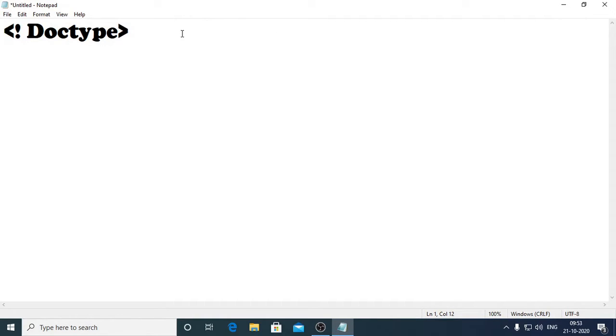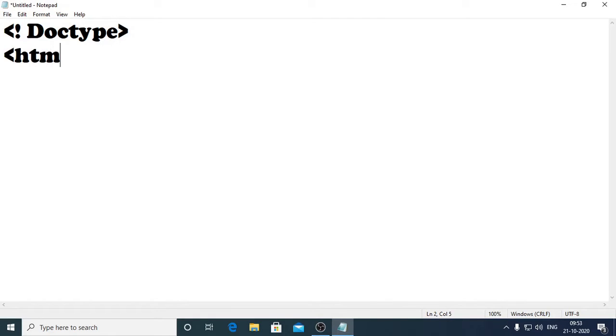As we are going to use HTML5, we need to tell the browser that this document is an HTML5 type of document. So with this statement, we tell the browser that this is an example of an HTML5 document. So the first statement is doc type. It's not necessary for you to put this since your scope is limited.